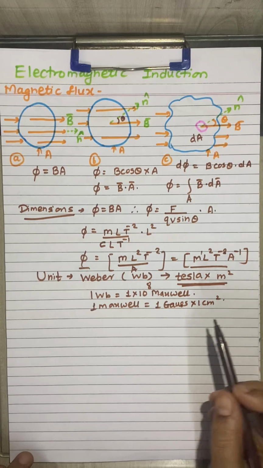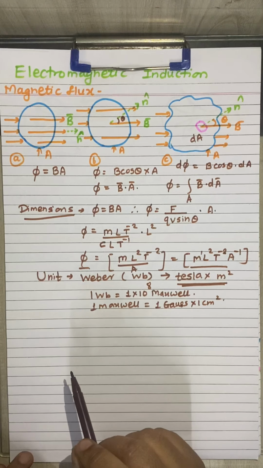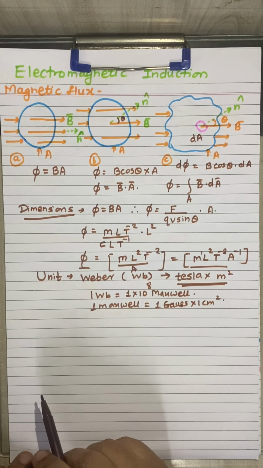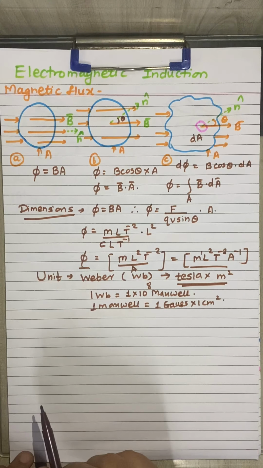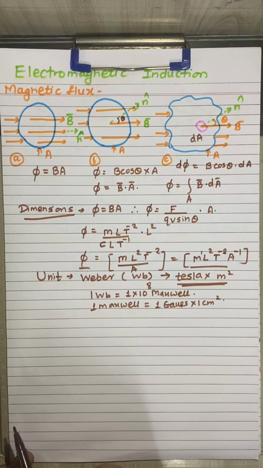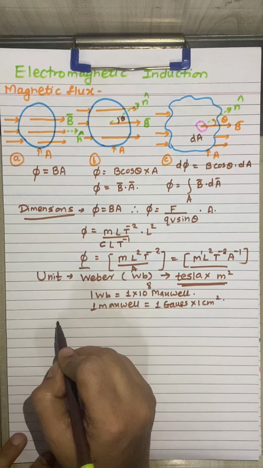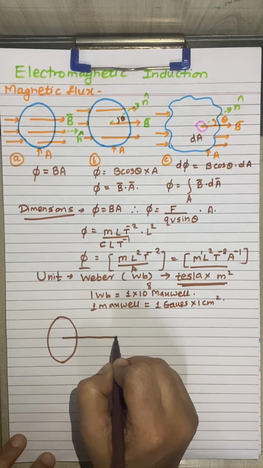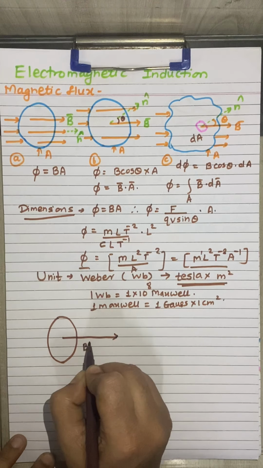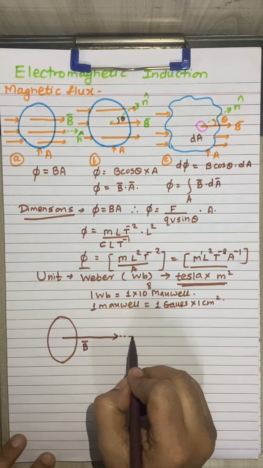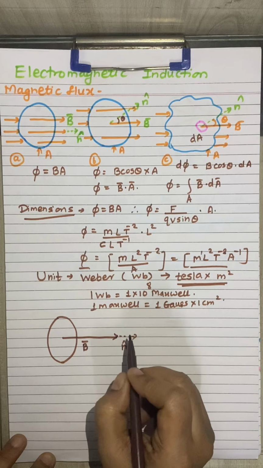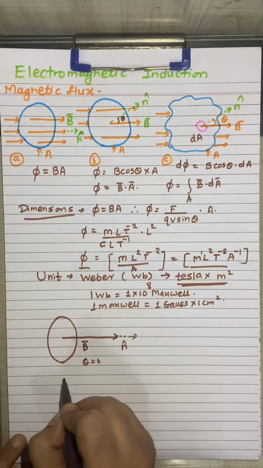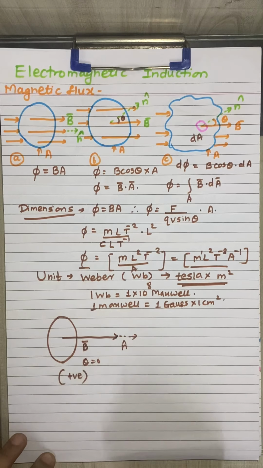Okay. Now what is the positive flux and what is the negative flux? Obviously a normal to the plane can be drawn from either side. If the normal drawn to the plane points out in the direction of the field, then theta is equal to 0 and the flux is considered as positive. For example, suppose this is the surface, and from this surface this is the line we have drawn, and this is the direction of the magnetic field, and the area vector is also along the same line, that is n cap. So in this case theta is equal to 0 and this flux is called a positive magnetic flux.